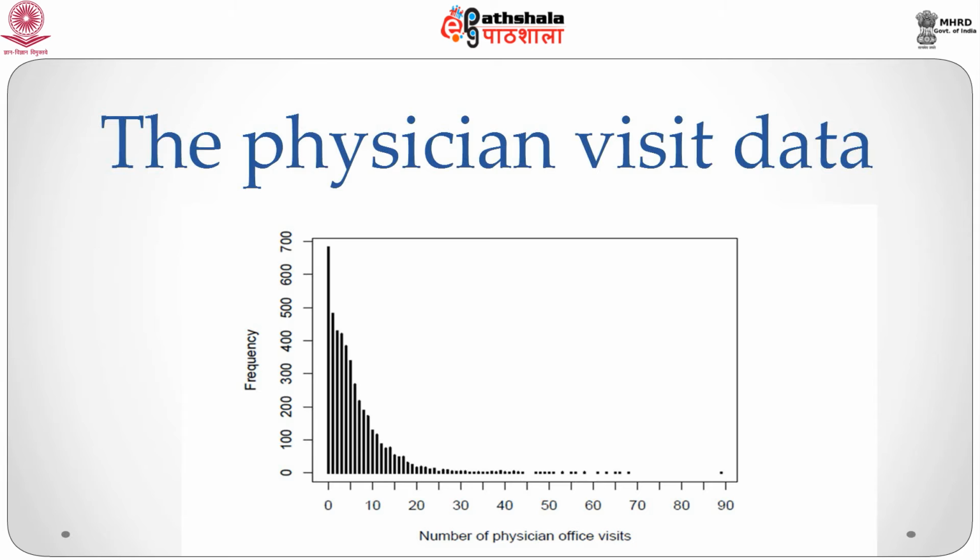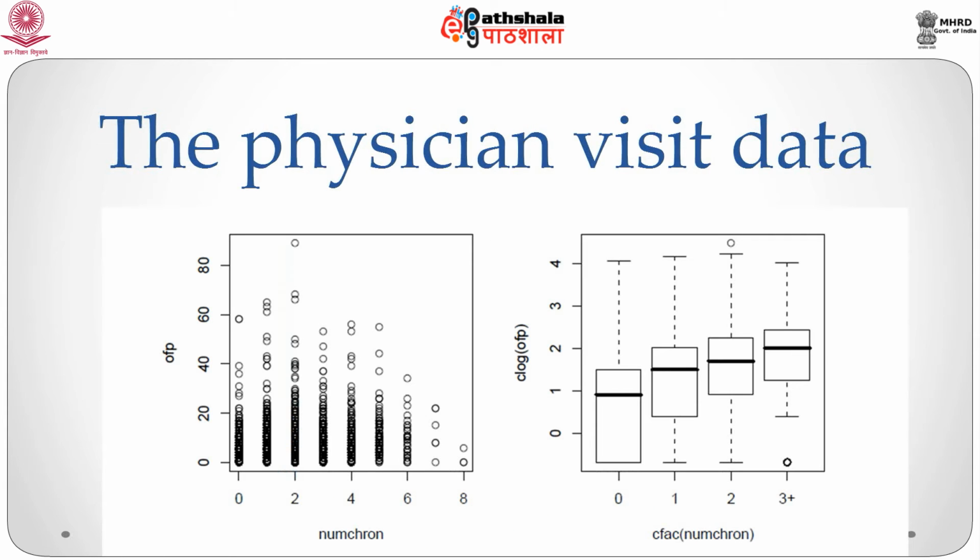So here we see a histogram of the physician visits, and we can see that there is a lot of variation in the data in the sense that the number of physician visits has a very long tail. We can also perform more exploratory analysis of the data. So here we can look at the outcome by covariates. In this case, by the covariate OFP,